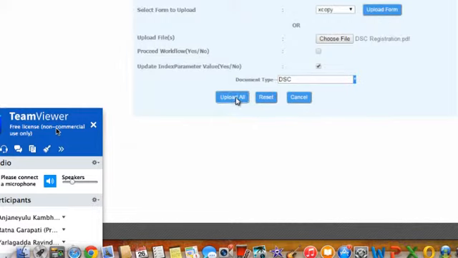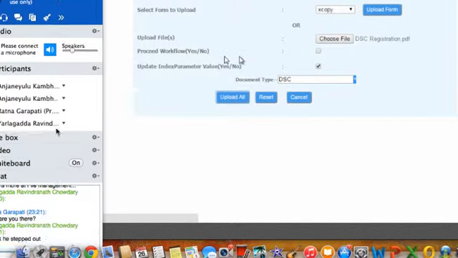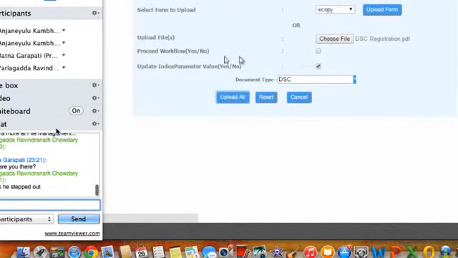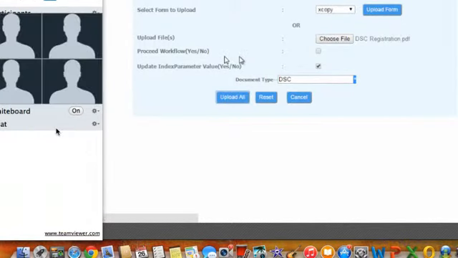So then I can say upload all. This is a fairly big document, about 17 pages. So we can typically initiate a workflow right from that particular